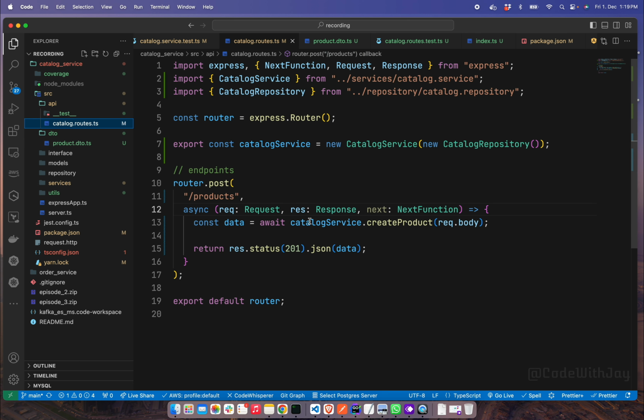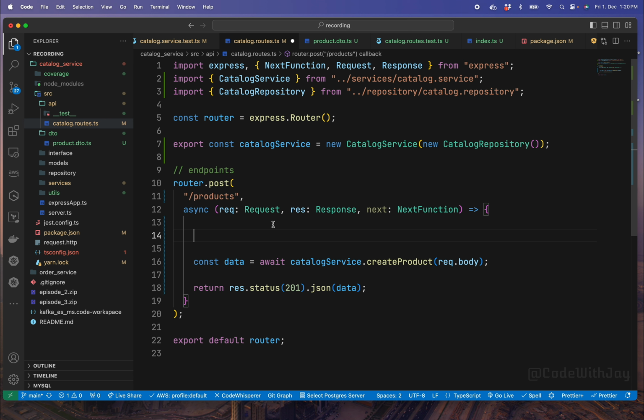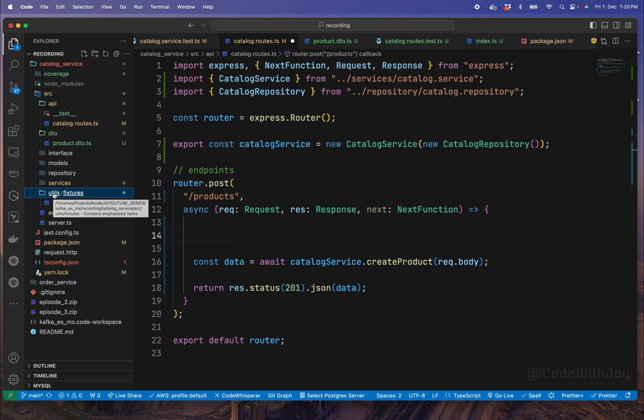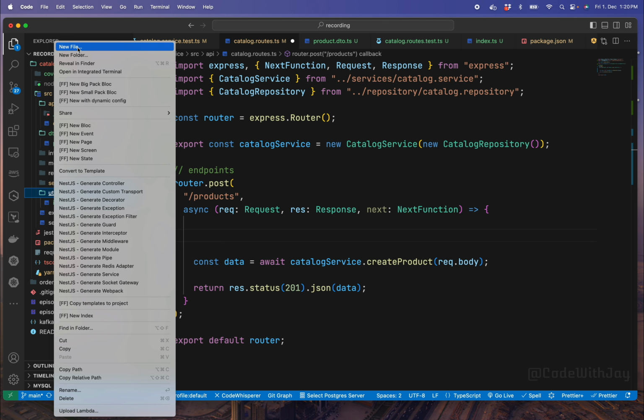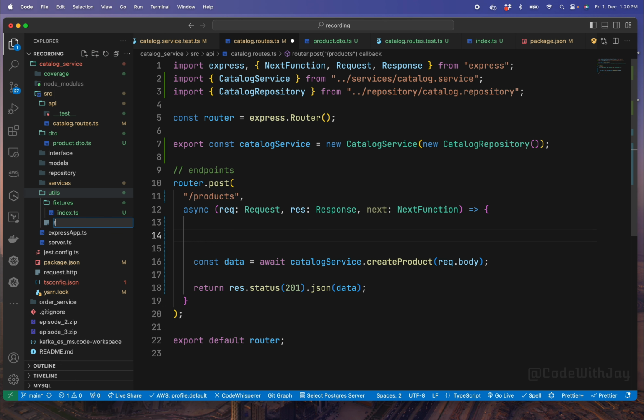Here in the routes, to validate our request, we need to create a kind of validator which is going to validate our request. So let's go ahead inside the util directory and create a file that is going to be called request validator